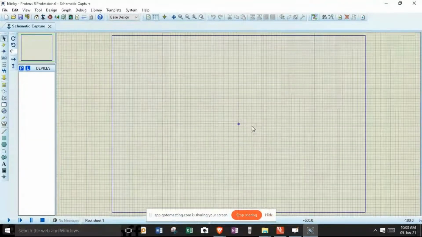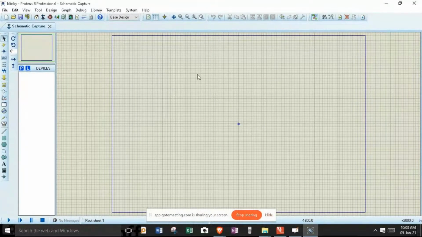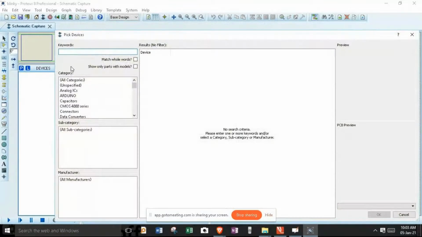And this is what it will return. This is the area wherein I can place my components. In order to place my components, all I got to do is hover my mouse to this component mode. After that, I hit on place mode, place component, and under the keyword field I got to type.